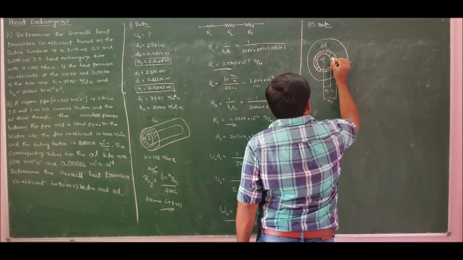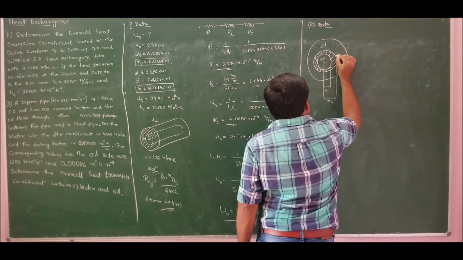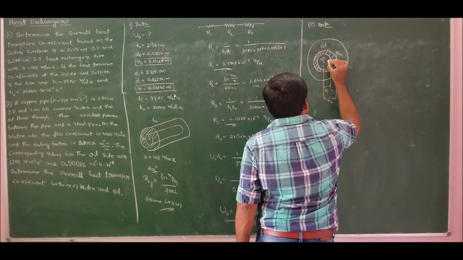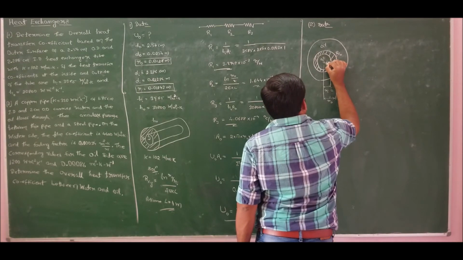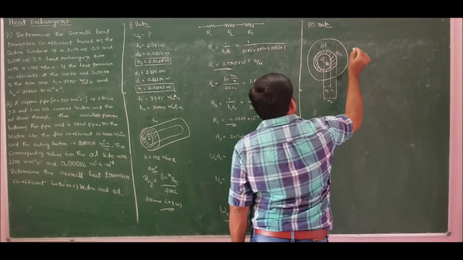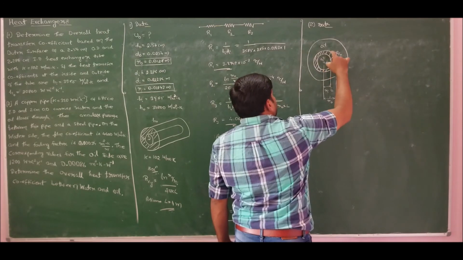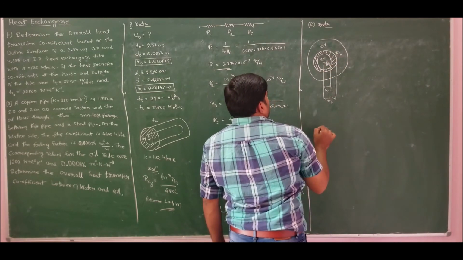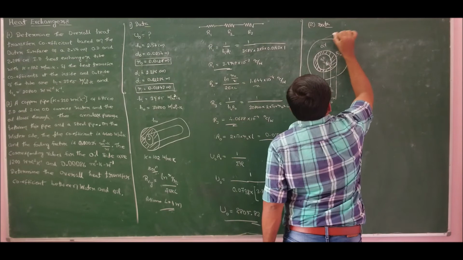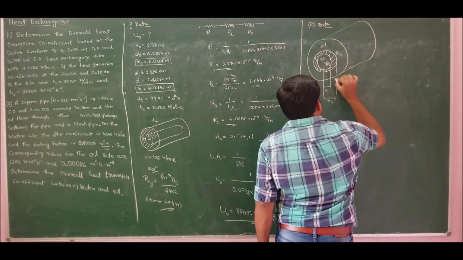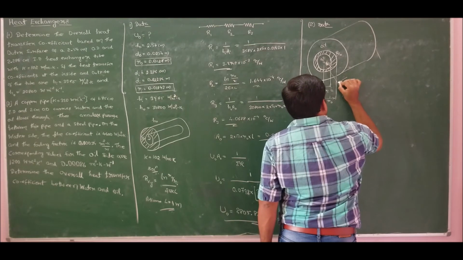So here we have fouling factor and also here we have fouling factor. Let us call them RFO and RFI, the resistances due to fouling. And also we have convection and convection. So this is the problem we have, and since the length is not specified, let us solve per meter length.